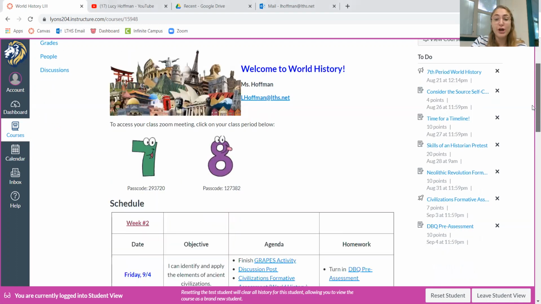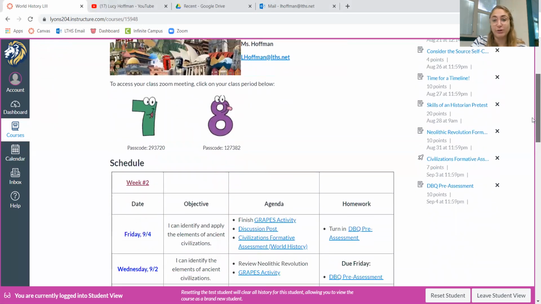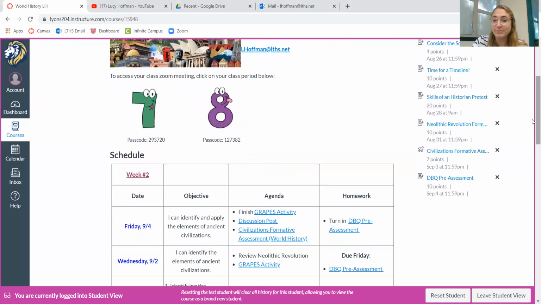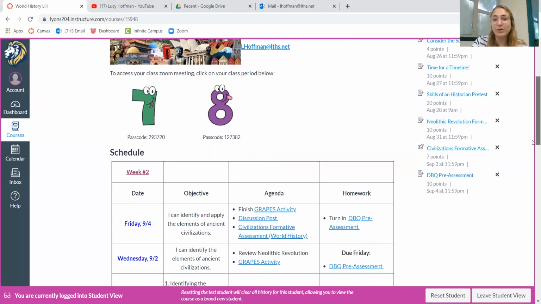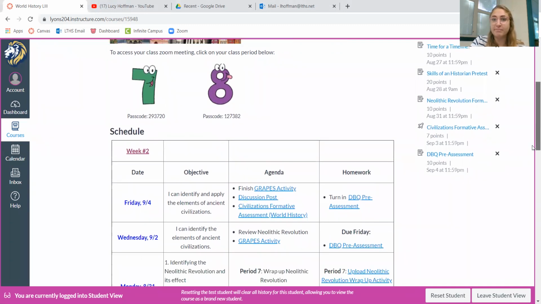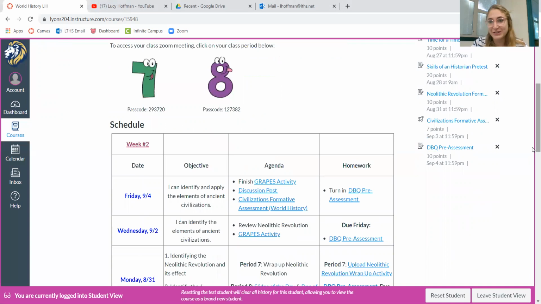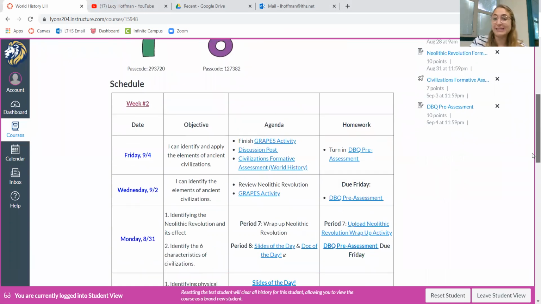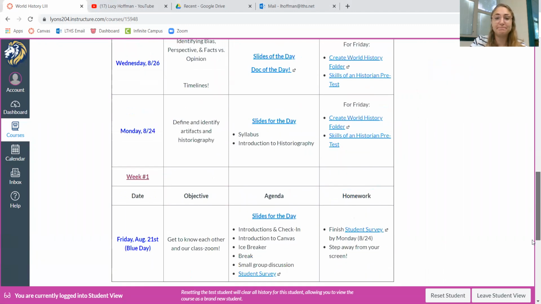Also on our homepage, we have our schedule for the day. So every time they come to class, they should see what is on the agenda for the day, as well as anything we've done throughout the week. So I will be happy to meet with any student during office hours if they miss class, but they can also just check what happened in class that day by looking at these documents. I'll oftentimes include slides of the day so that they can follow along right there with us.